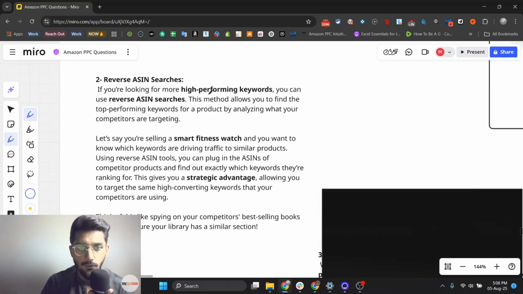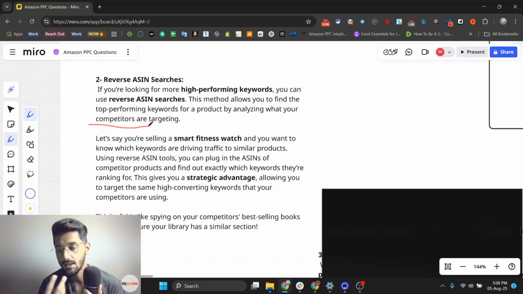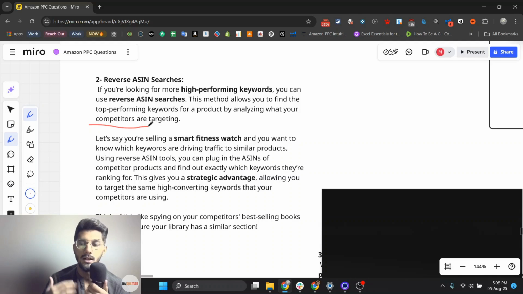Reverse ASIN searches. If you're looking for more high performing keywords, you can use reverse ASIN searches. This method allows you to find top performing keywords for a product by analyzing what your competitors are targeting. Because we are competing against each other, if I understand their strategy, I can find loopholes or target the same keywords